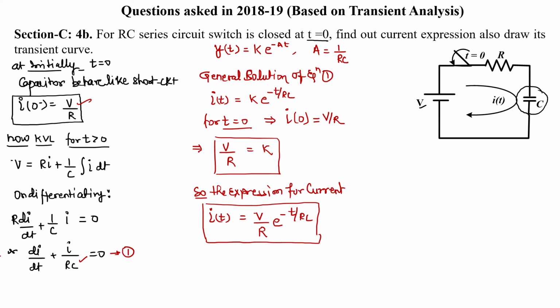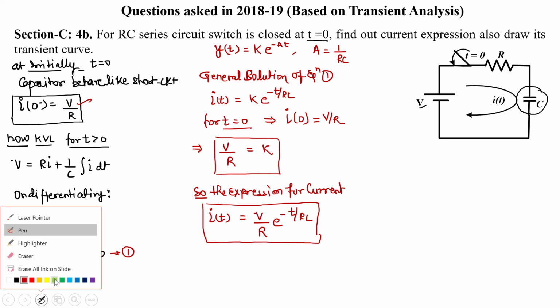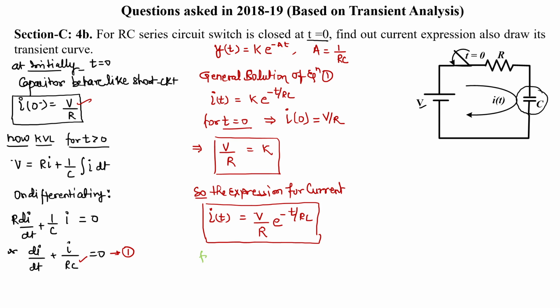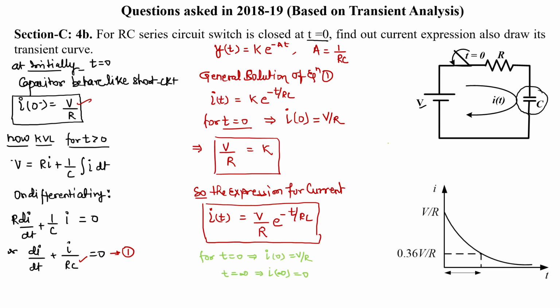So the expression for current is V divided by R e raised to the power minus t upon RC. Now here, for t equals 0, the value of current equals V by R, and for t equals infinity, the value of current will be 0. So with exponential decay,